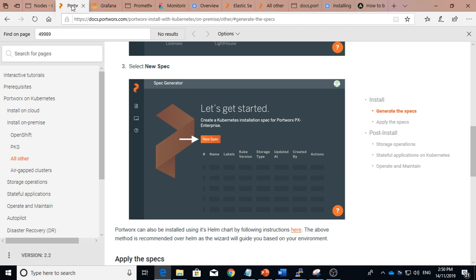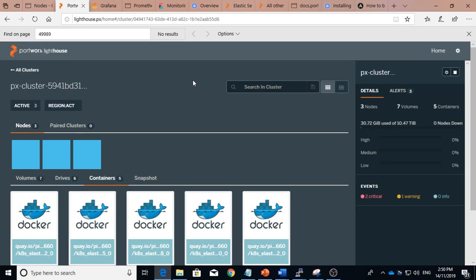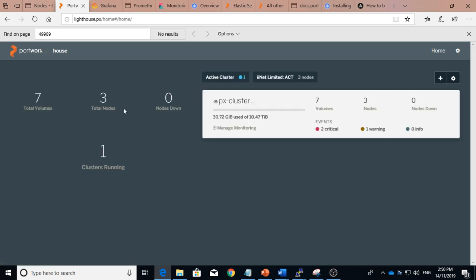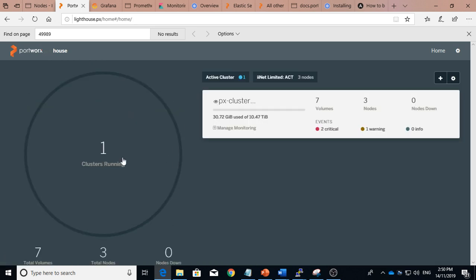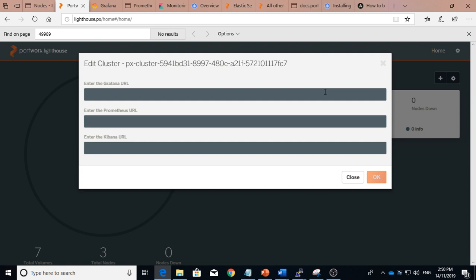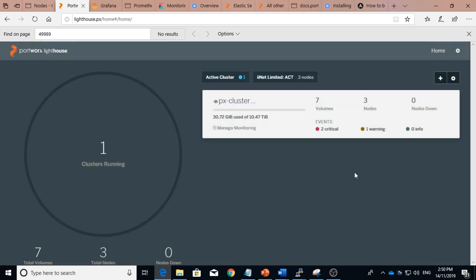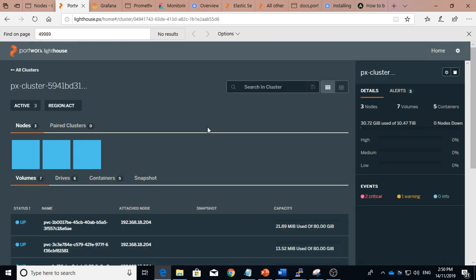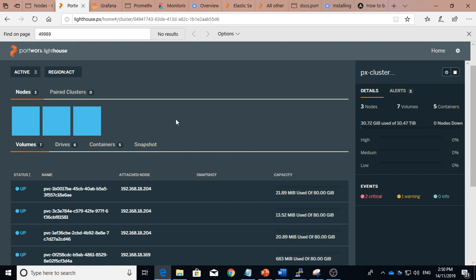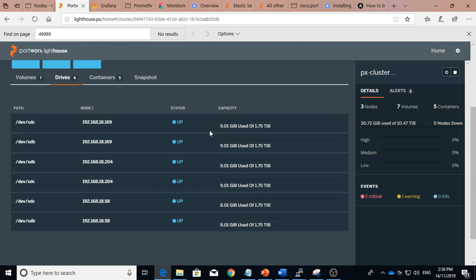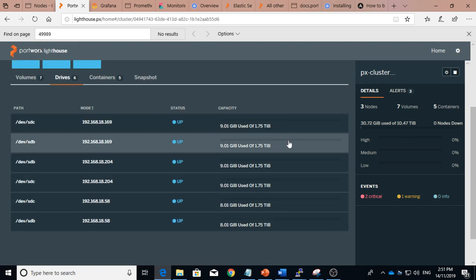So I will quickly jump into the dashboard which Portworx provides. It's called Portworx Lighthouse. This is the front page. It shows one cluster. We have one Portworx cluster running on top of Kubernetes, and we can see there are 6 drives. As we said, there are 3 agent nodes in the cluster, 1 master and 3 agents,